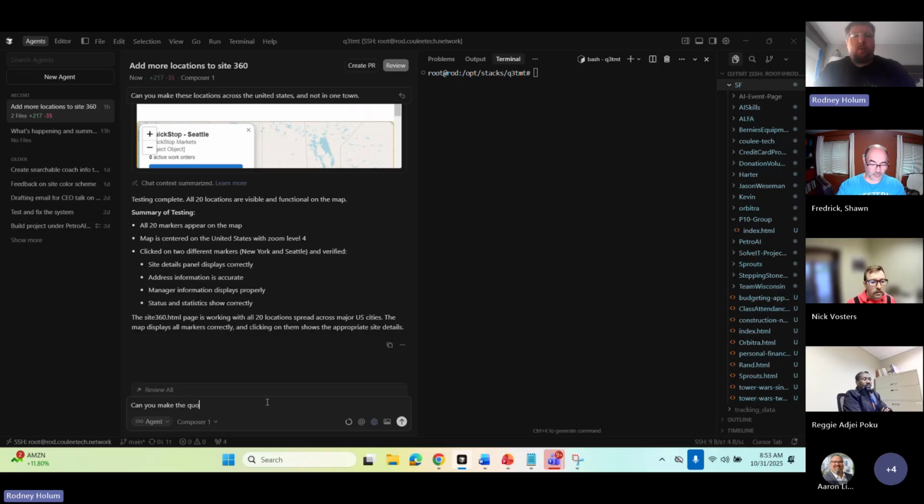Can you make the quote screen look better? It's ugly. So this here is the example of the type of super technical details I give the AI to go rebuild some of these. Whereas before you'd ask, what frameworks do you want? How do you want the layout? Do you have a design? No, I'm just telling it it looks ugly. I want it to look better.